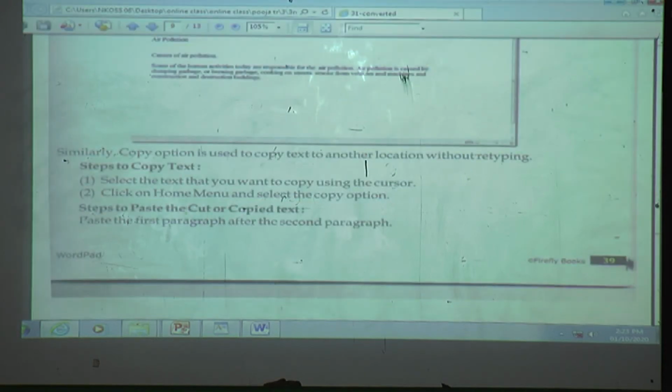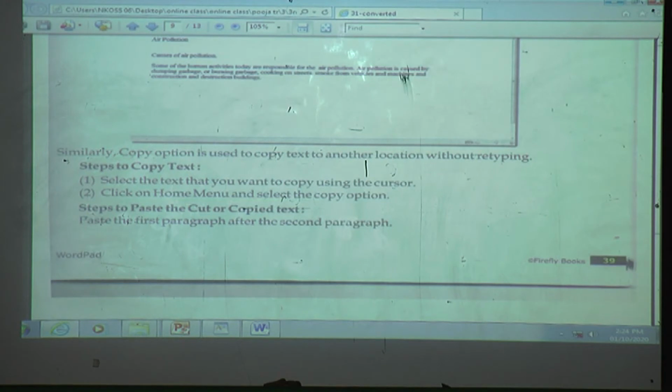Step: paste the cut or copied text. How to paste? Yes, loudly. How to paste? Firstly, select it, and after the copy option we can use the paste option, and after the cut option we can also use the paste option.